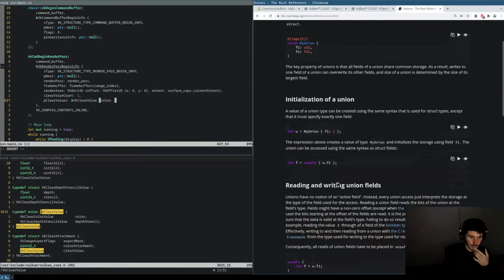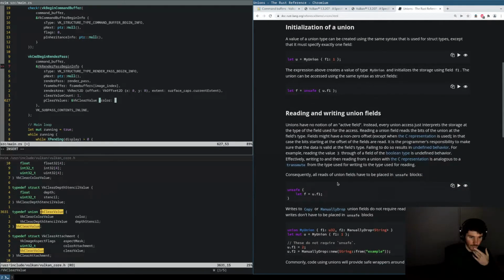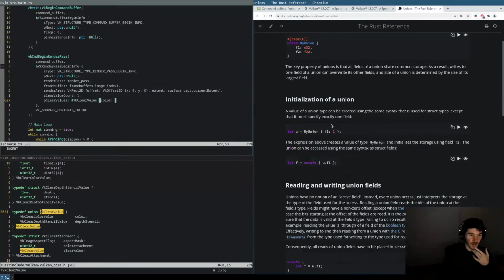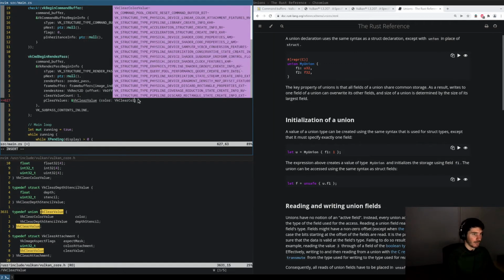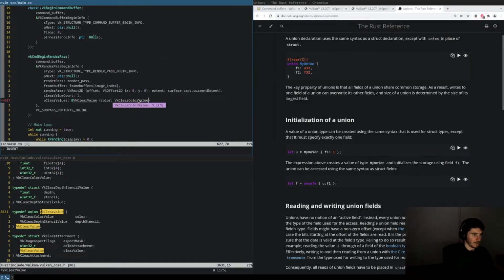So yeah, we need to specify which one of the fields. So yeah, we can use color and then VkClearColorValue,